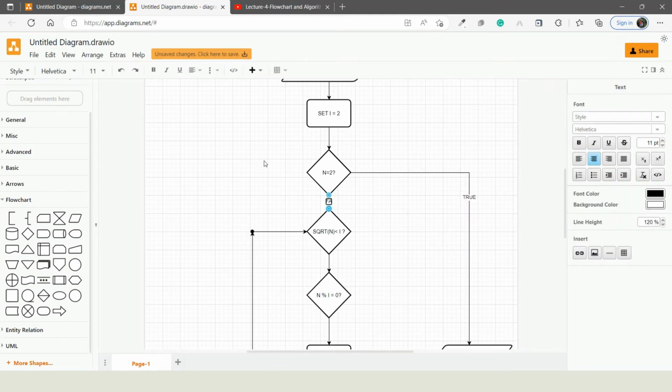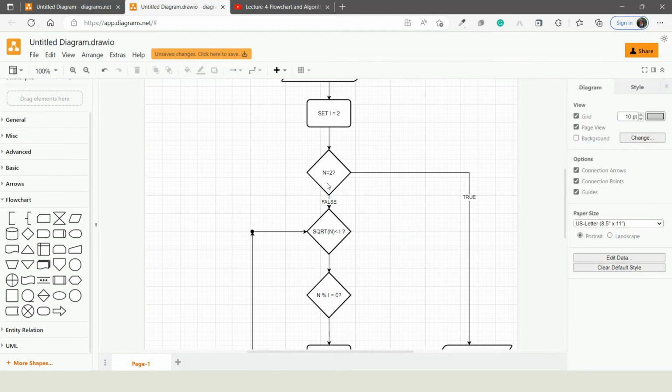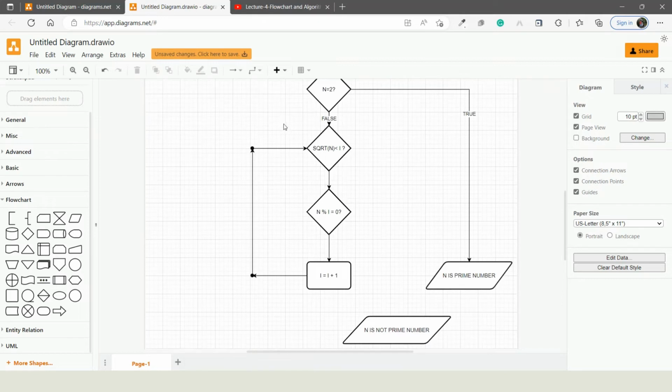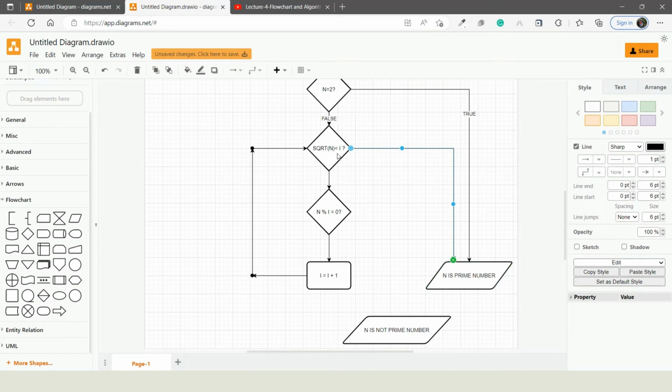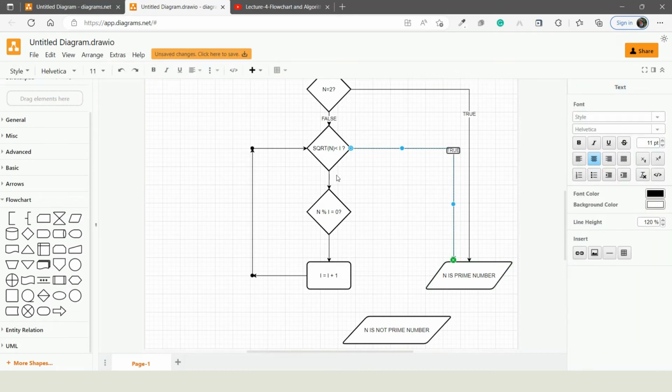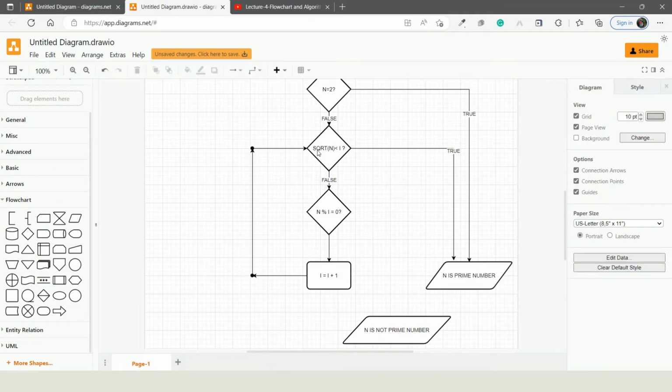If it is false, then we have to find the square root of n and compare it with I. If it is less than I, then this number is definitely a prime number if it is true. If it is false, then we have to find the remainder dividing n by I. If it is 0,